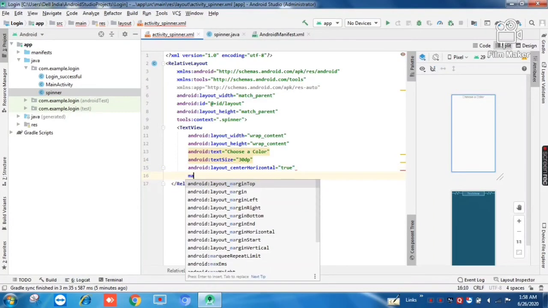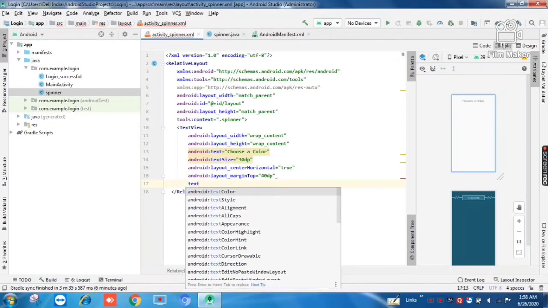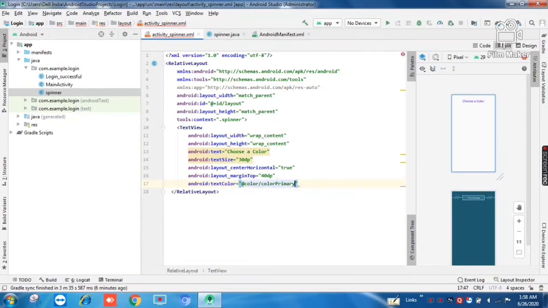Give a margin top, say 40 dp, and give it a color, say color primary, and give it an ID, say text, and close the angle brackets.